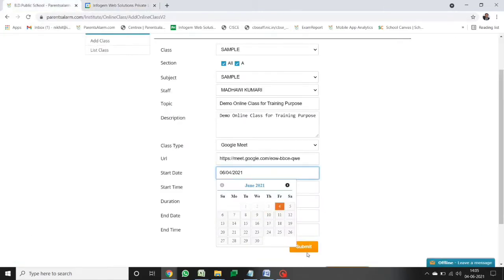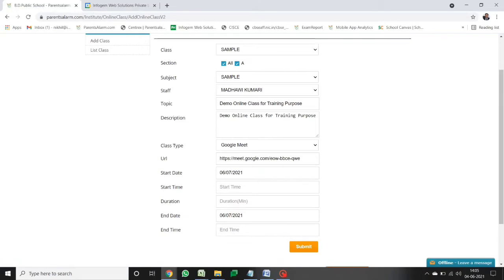And then I will select the date. So I have selected 7th. The time I kept 7:30. So I will go to 7:30. Here you have to set the right time which you have scheduled there, and in Google Meet it is 60-minute class as a free user. So I have to write 60 minutes here.